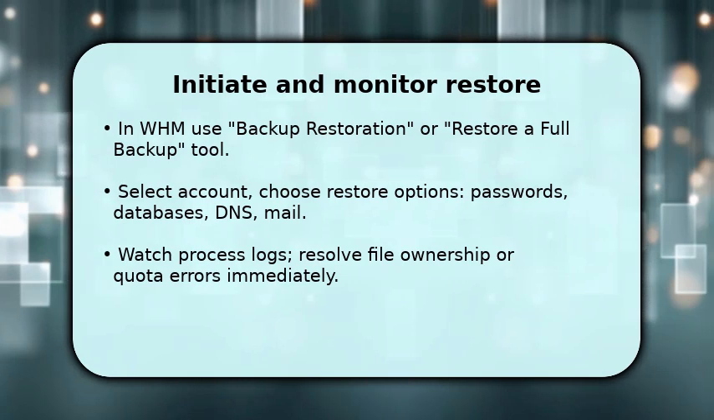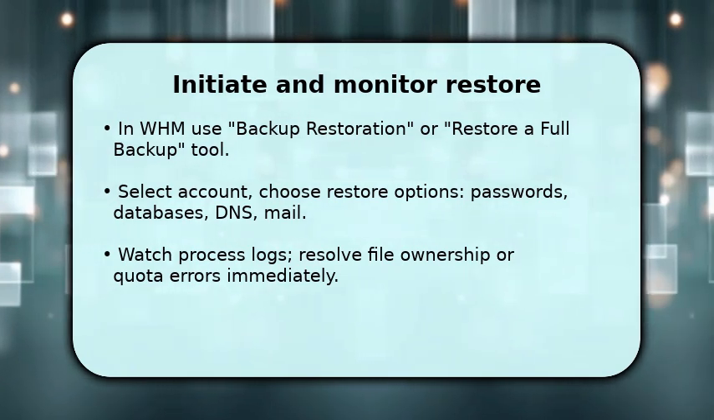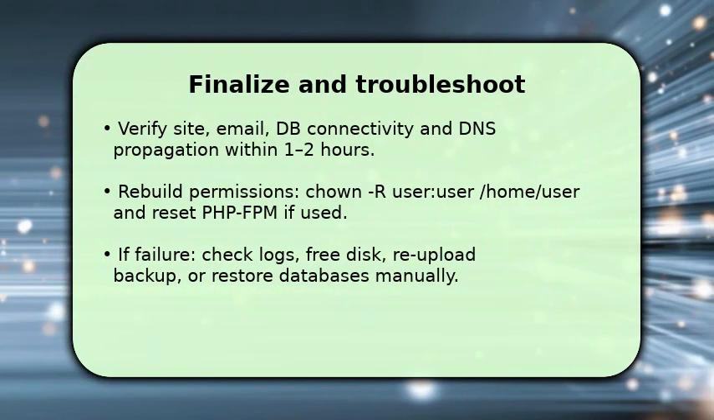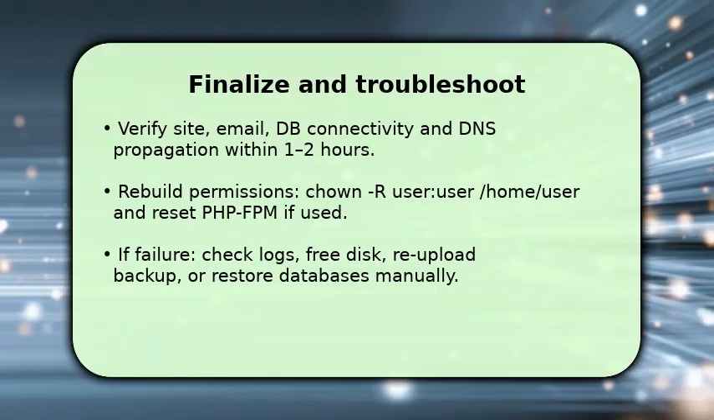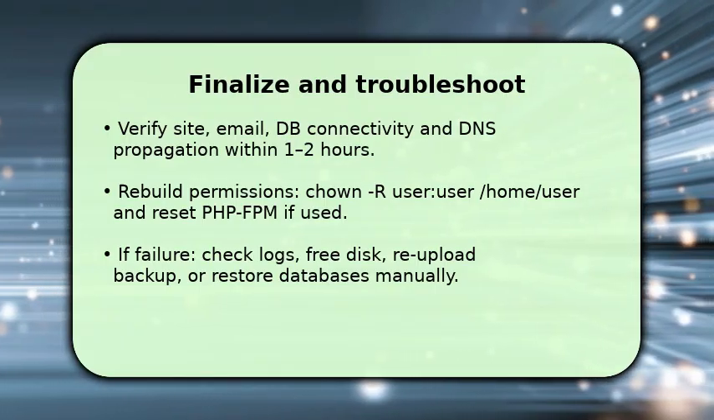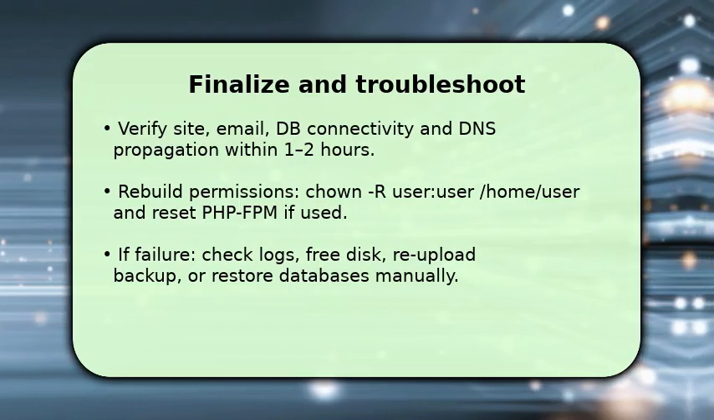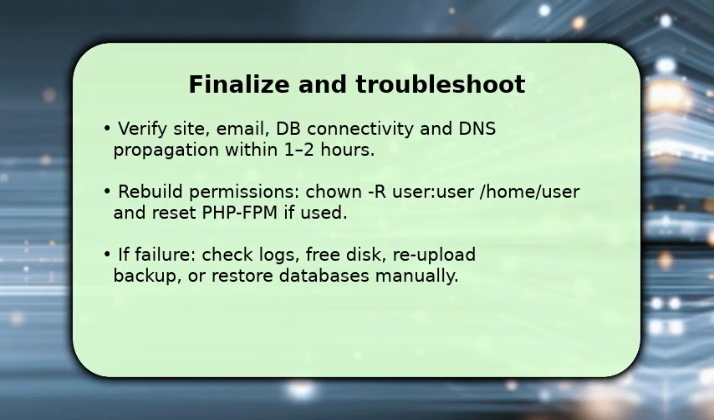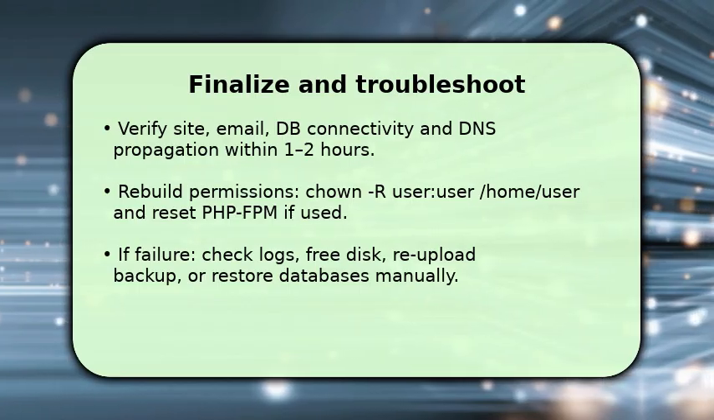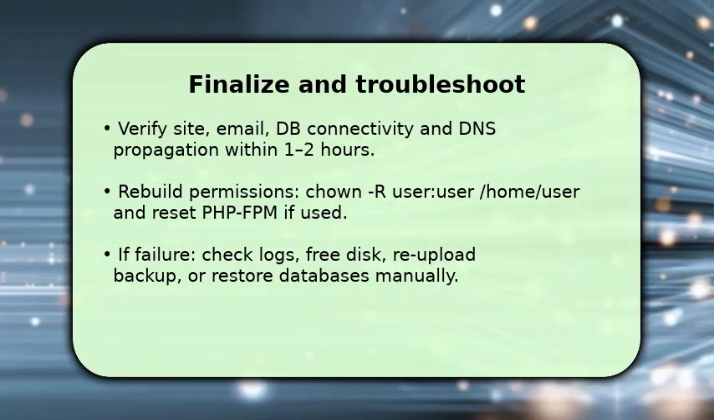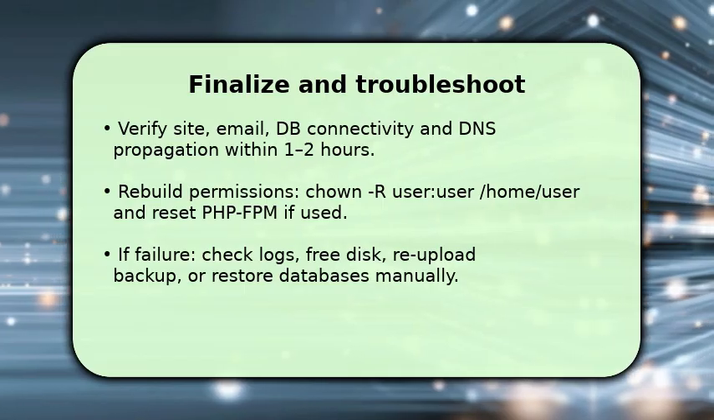This reduces partial restores. You finish by validating the site frontend, email flow, database connections, and DNS records. Allow 1 to 2 hours for propagation. Then rebuild file system permissions with chown on the restored home, and restart services like Apache or PHP-FPM so configs load correctly. If something went wrong, consult